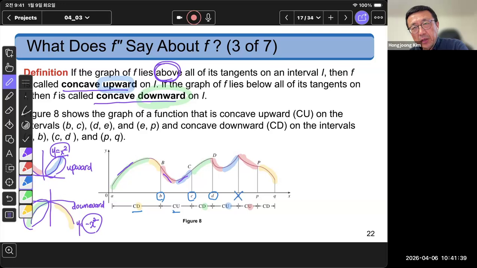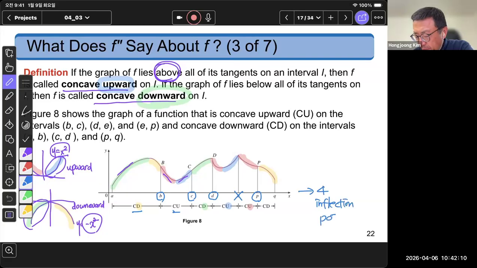In case of P, to the left, concave upward, and to the right, concave downward. So P is another inflection point. And since the function is defined between A and Q only, A and Q are not inflection points, and we have these four inflection points. Okay, so we have four inflection